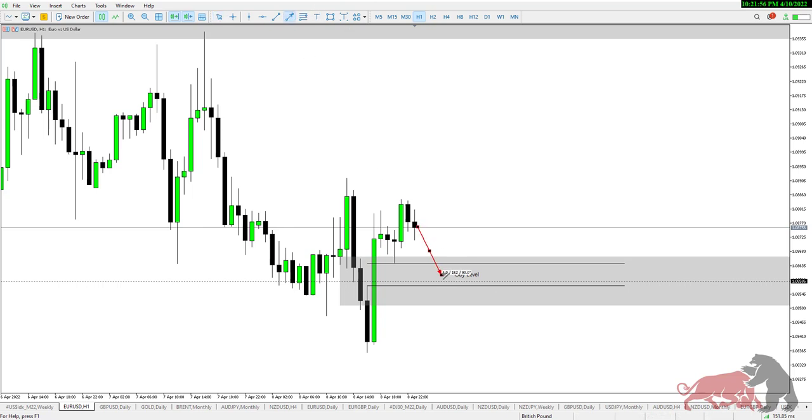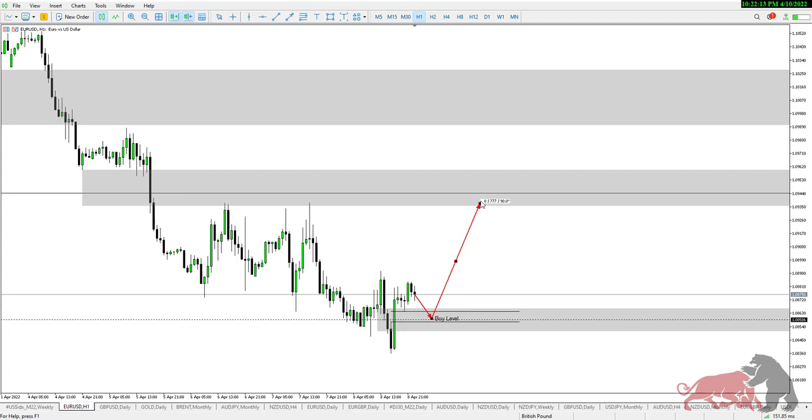So we should anticipate a drop into this level and an optimum entry around 1.085 for a push to the upside, with your initial target right here at this level, which is 1.0944. So I'm expecting strength in Euro USD in the coming week, but obviously there are things we need